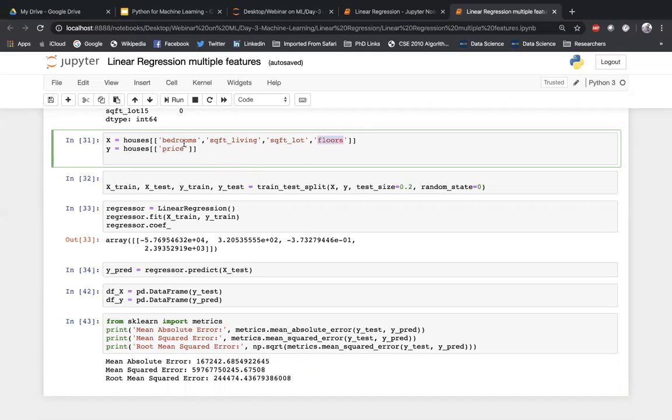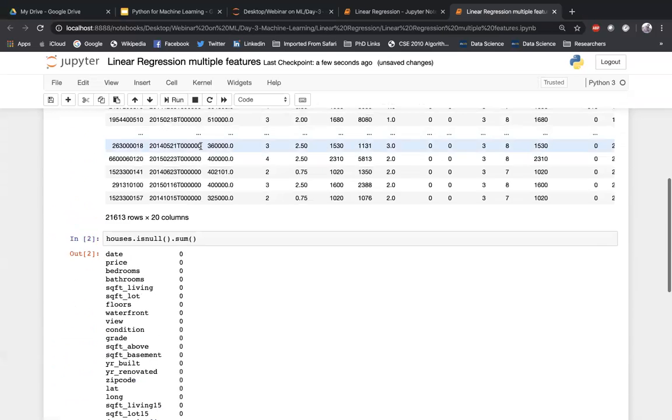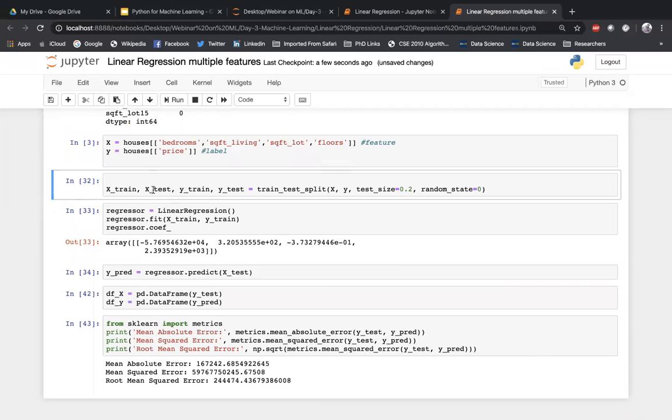So once the feature columns are taken, this is my feature columns, and this is my label that has to be predicted, or I can say the regression part that I have to predict. Once that is done, we are again splitting up the data like I have shown in the last class. We are trying to split up the data into training data as well as validation test data.